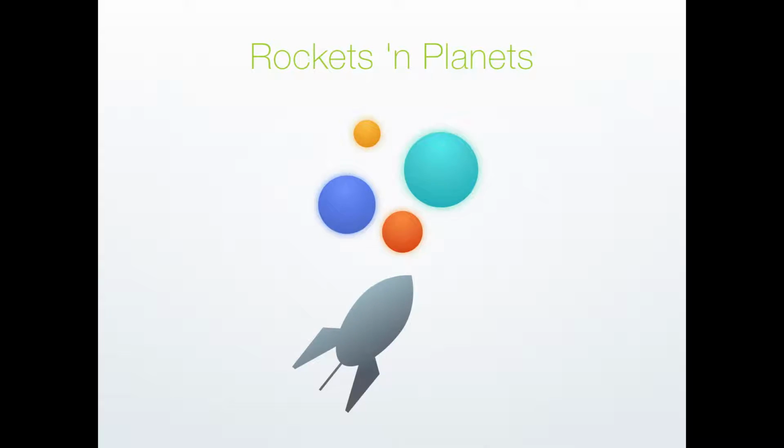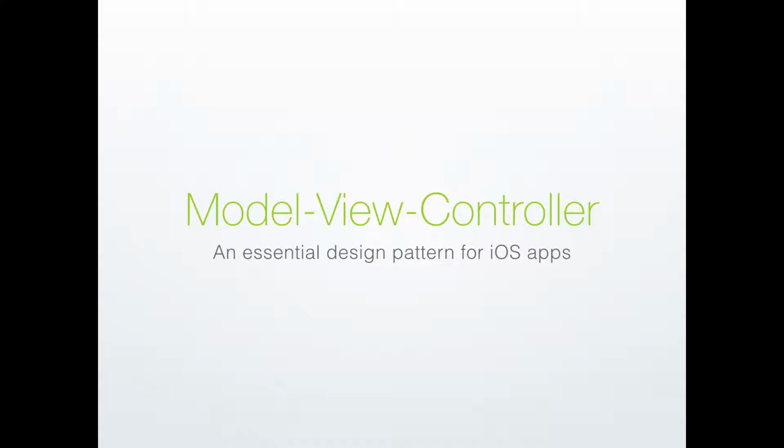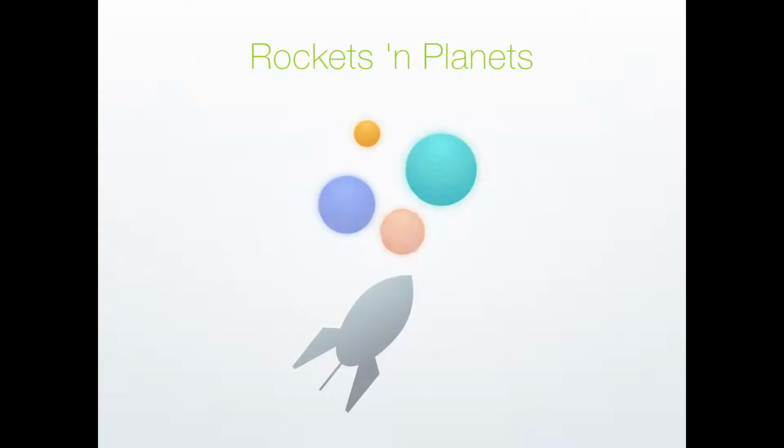So to start with, it's model view controller. It's the essential design pattern for iOS apps. So let's say that you're making a game. That's your app. You're calling it Rockets and Planets, and you basically move around a rocket to avoid the planets. So let's say this is your screen. So what things do you see? You see a rocket, some planets maybe,